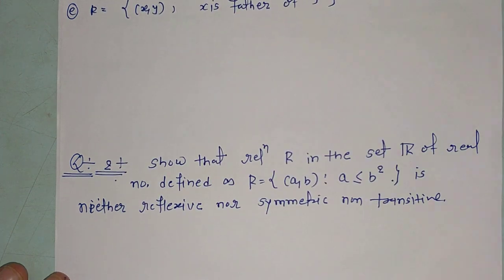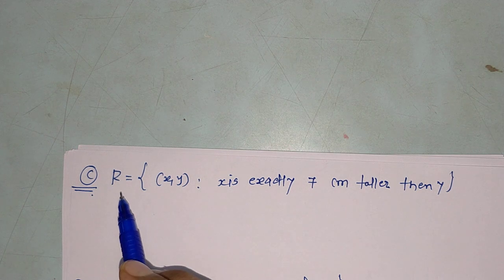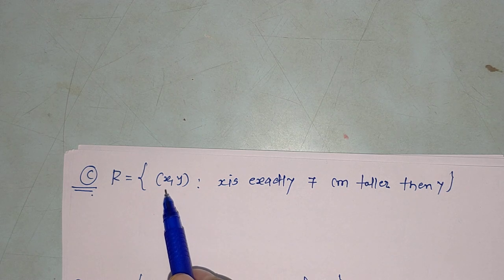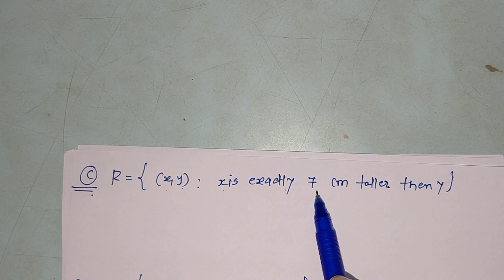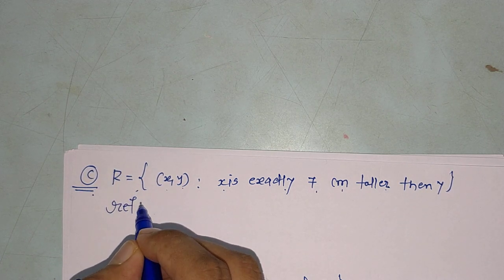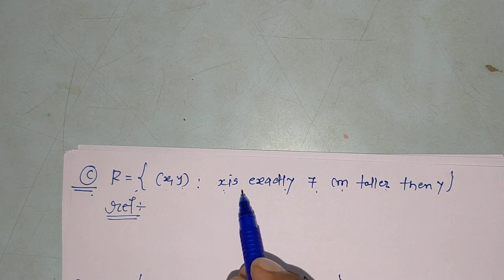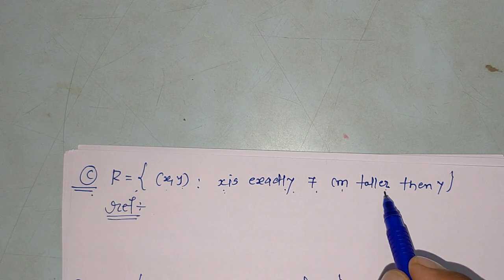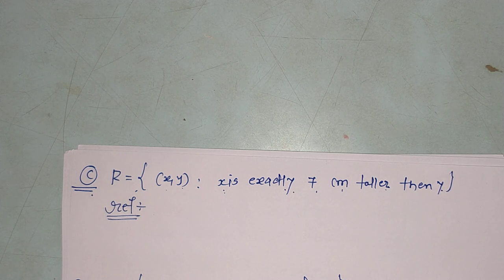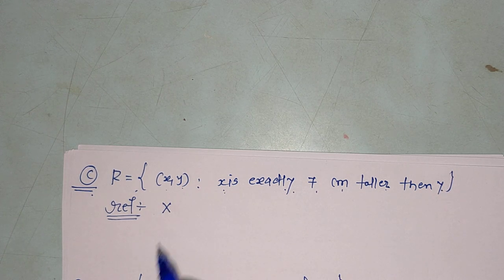Okay. Now this question. The relation is given on the same set, the set of all human beings living in the one town. X, Y are related if X is exactly 7 centimeter taller than Y. Now let's talk about reflexivity. Reflexivity says that an element must be related to itself. Applying the definition, X is exactly 7 centimeter taller than X. Is it possible? Can a person be taller than himself by 7 centimeter? No, so it's not reflexive.